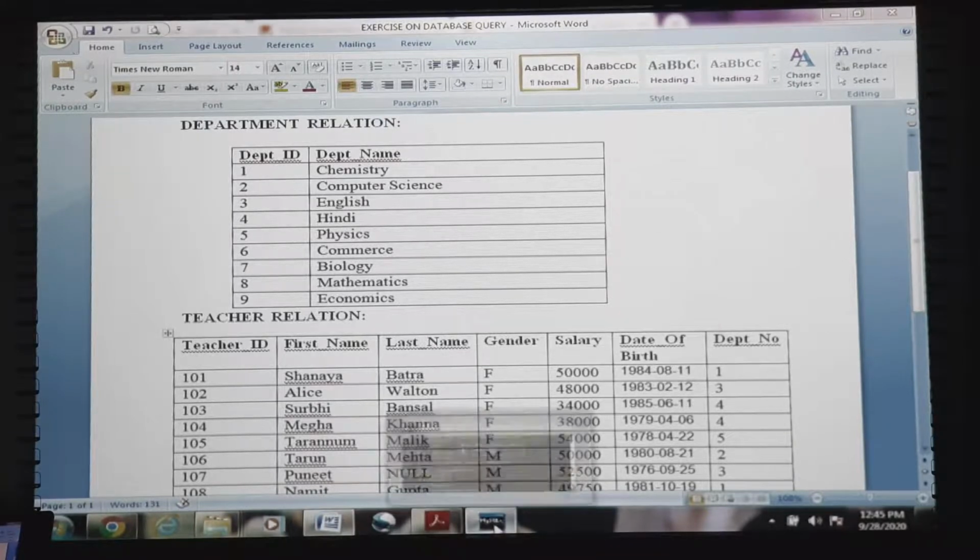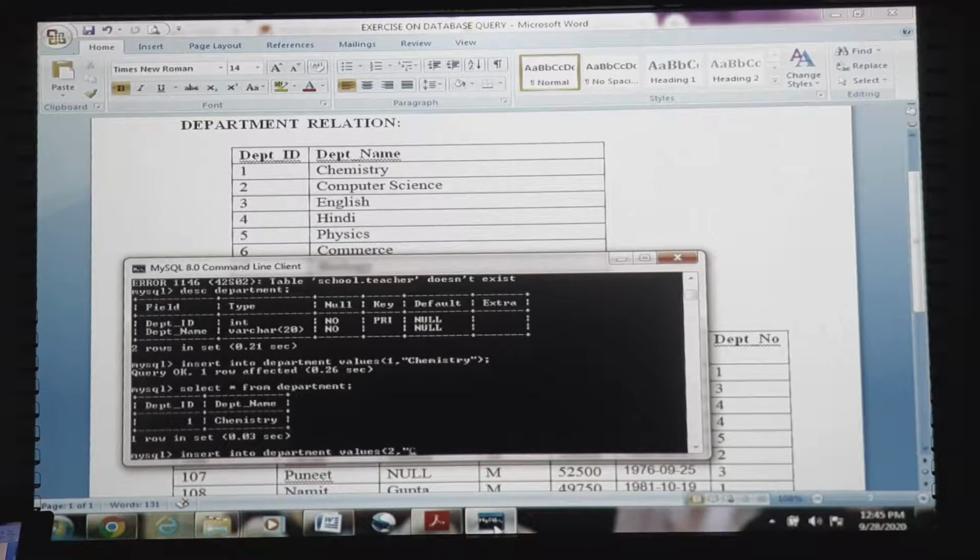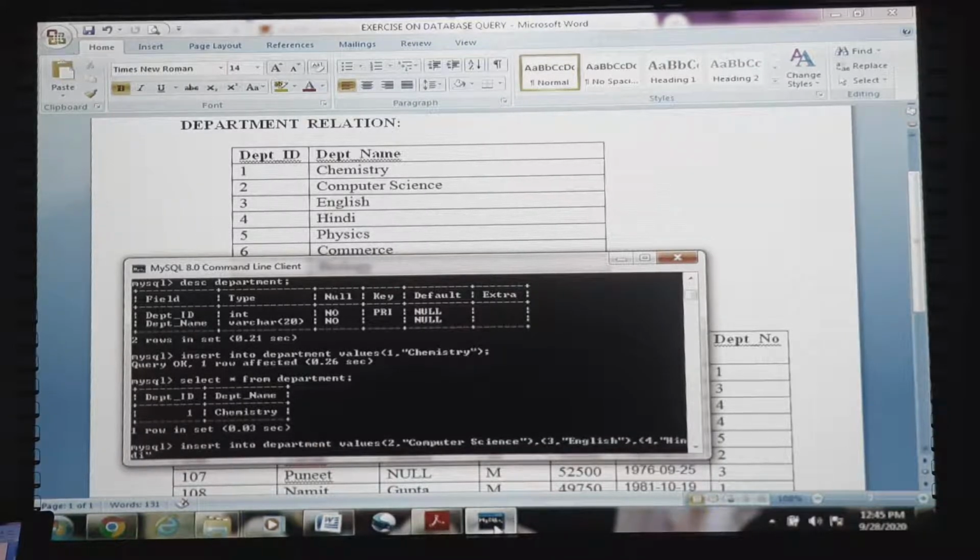The second one is 2 comma double quote computer science double quote closed, then place a comma, the next value 3 comma double quote English double quote close, comma 4 comma double quote Hindi double quote close bracket close, comma 5 comma physics double quote close bracket close, then 6 comma commerce double quote close,